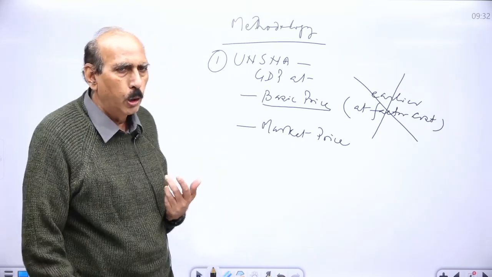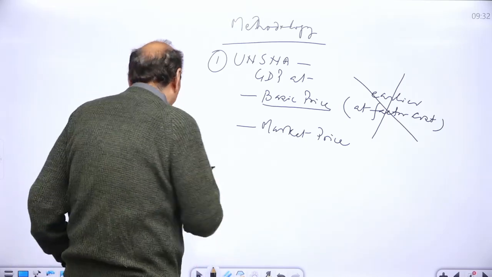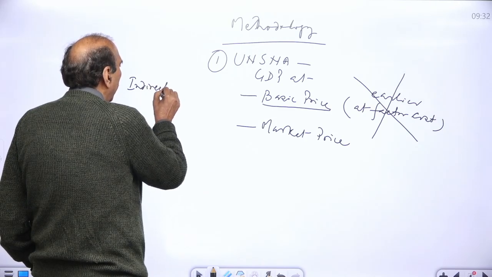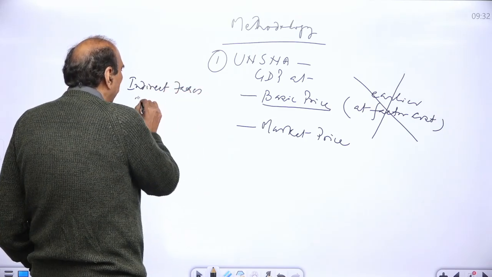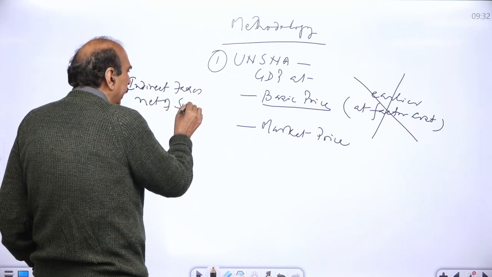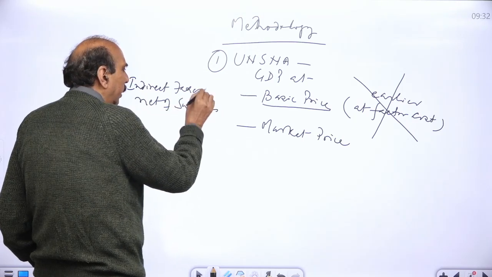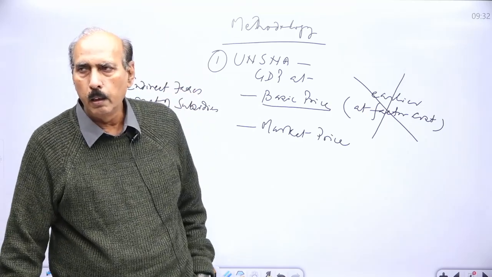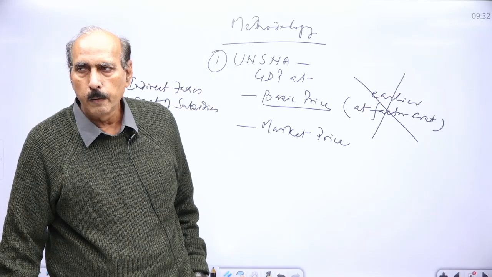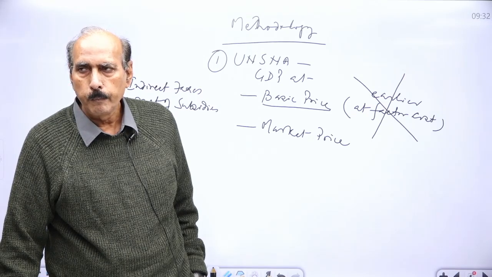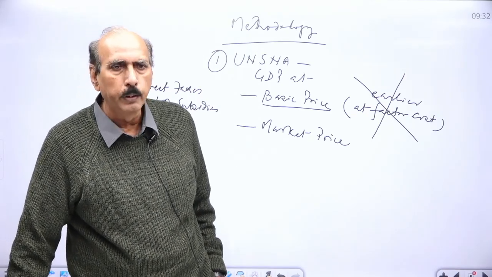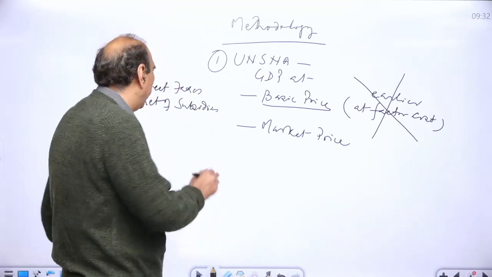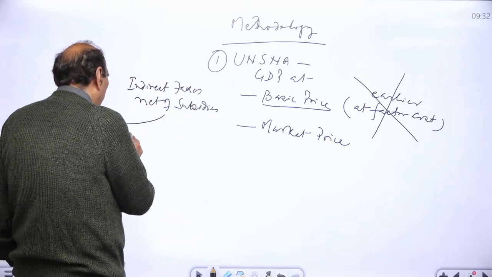Now, how do we do it normally? Normally, indirect taxes net of subsidies. तो subsidies भी देती है सरकार. Indirect taxes net of subsidies are classified under two categories. First, those which are imposed on the production